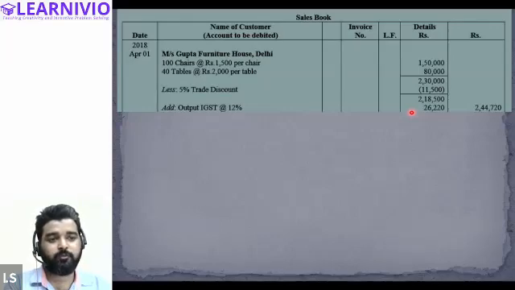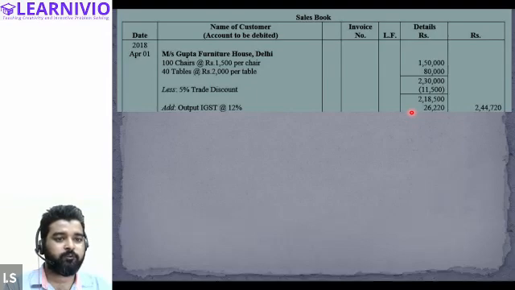Yes, it is. Most of the time you'll have to draw. Because this is the first question we are doing on the sales book, I haven't drawn the column for the IGST or CGST. From the next question onward, we will be making the column for all other expenses other than the cost of product. Okay, sir. So IGST, every column needs to be made.